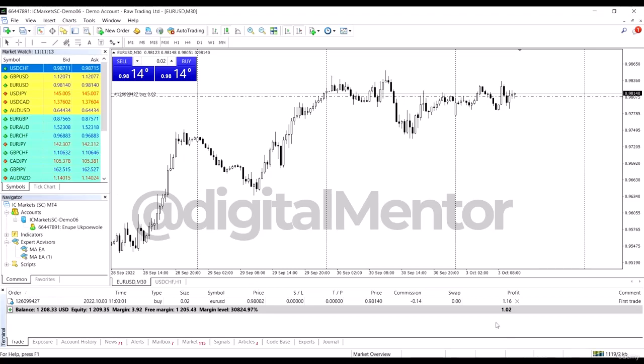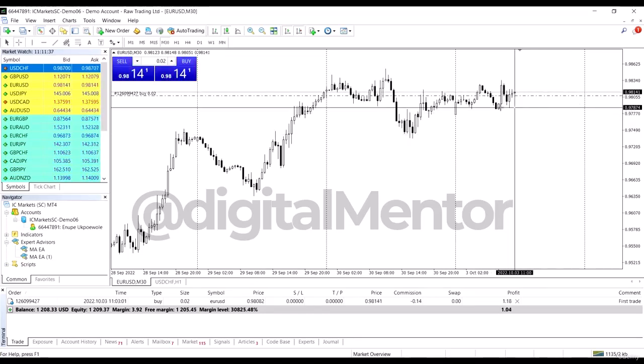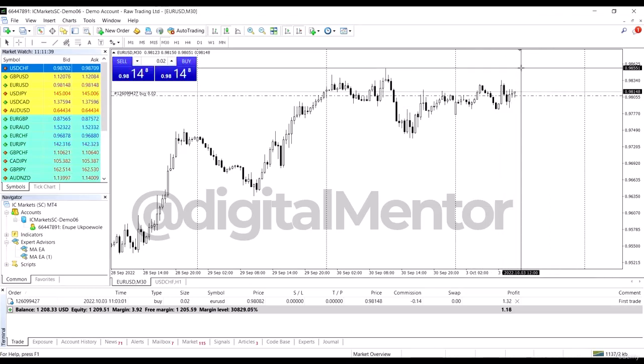Now we've opened our first trade. We've created a template. Okay, so now I just want to show you a little way of modifying your trade. We call it the one-click trading. Okay, so let's assume this is a buy trade and we want to put a stop loss. We want the stop loss to be at this point. Okay, at this point, we want to take profit to be at this point. All you need to do is to come and drag